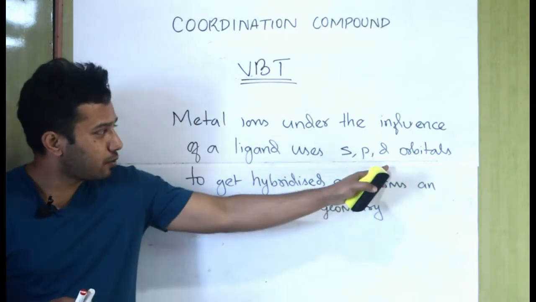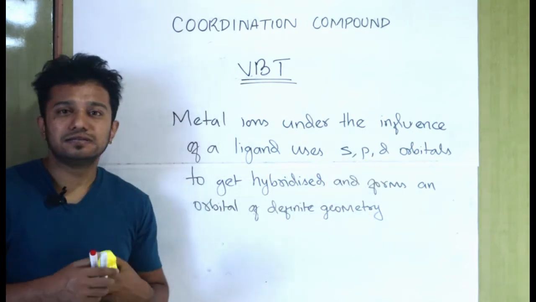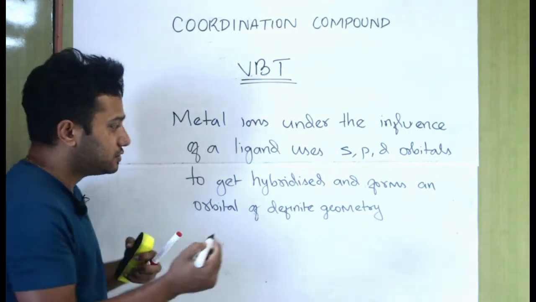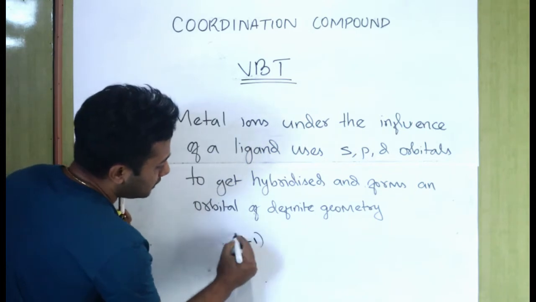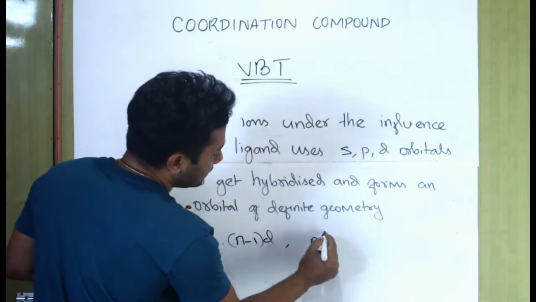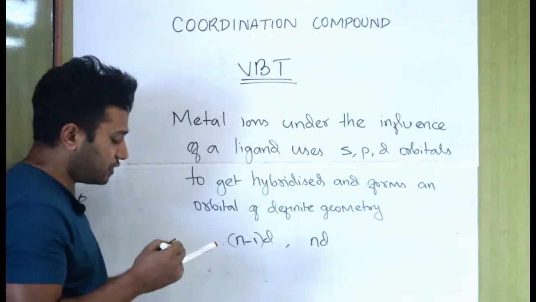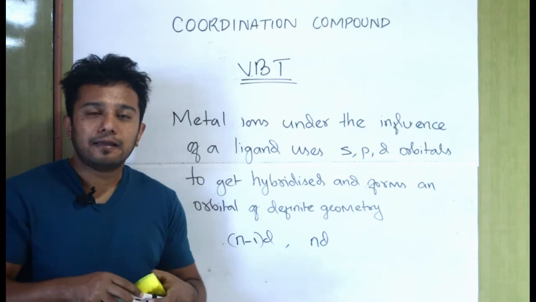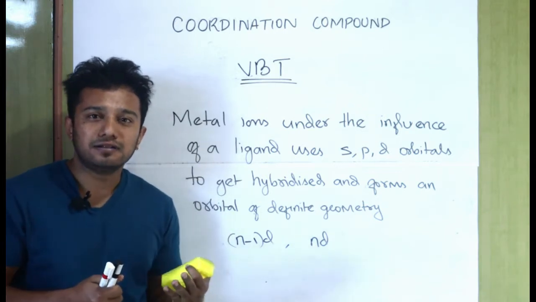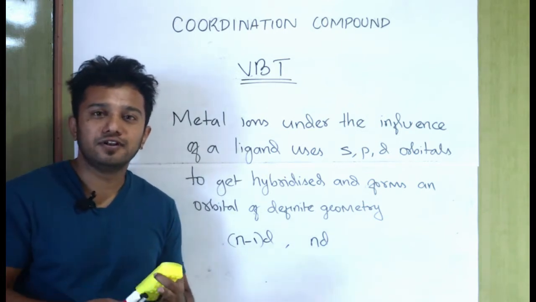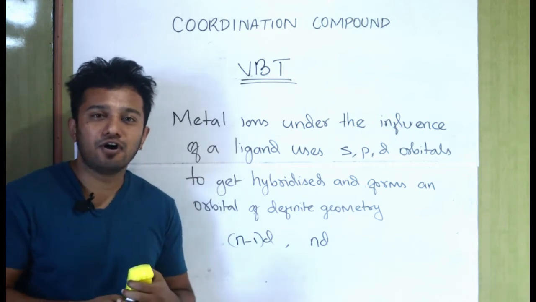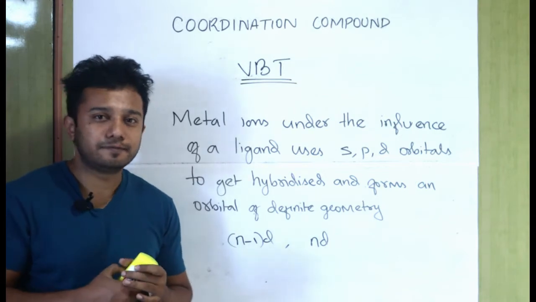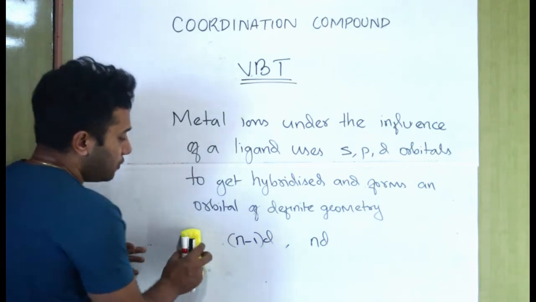Out here, the d orbitals we have are inner d orbitals or outer d orbitals. Inner d orbitals are (n-1)d orbitals, and outer d orbitals are nd orbitals. We should also know that the empty orbitals of the metal ion overlap with the filled orbitals of a ligand and form a coordinate covalent bond in valence bond theory. So